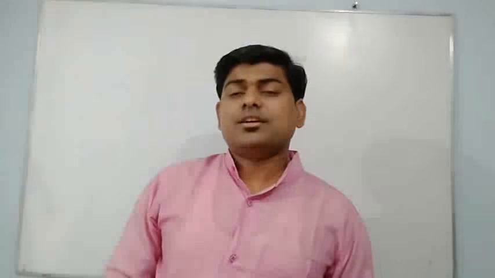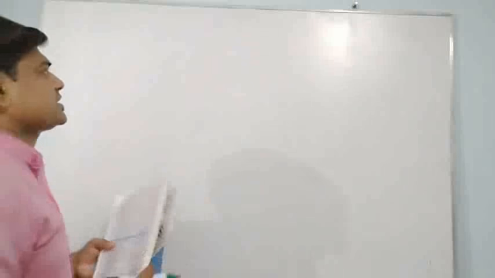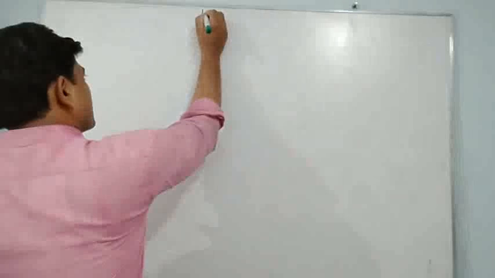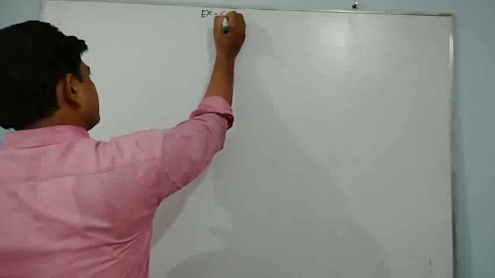Then questions 9 to 12 are all related to ratios or fractions, where a numerator and denominator will be there. Out of these 4 also, I will do 1. Then we will move to some questions related to digits, 2-digit numbers and 3-digit numbers. I will do one more question from there also. So let's start with question number 3. Exercise 6 I am discussing. It's exercise 6.